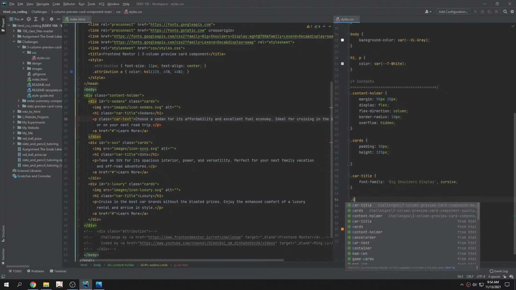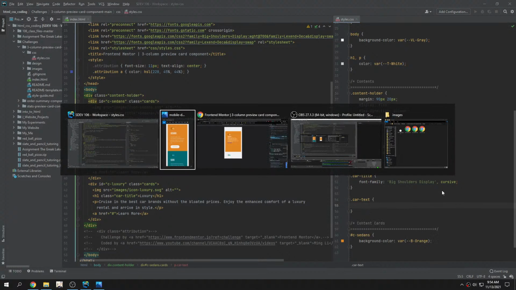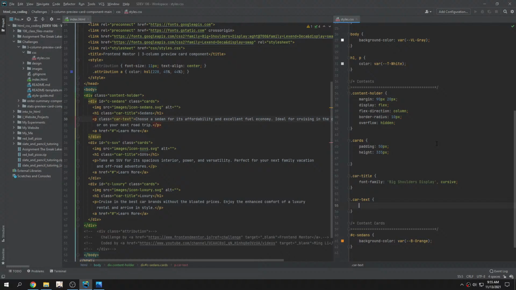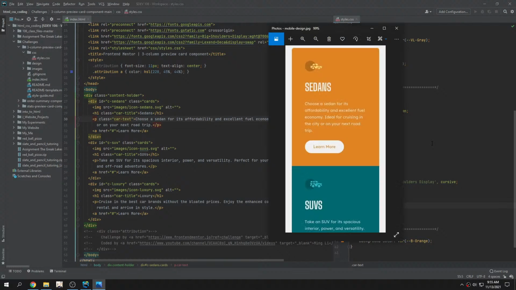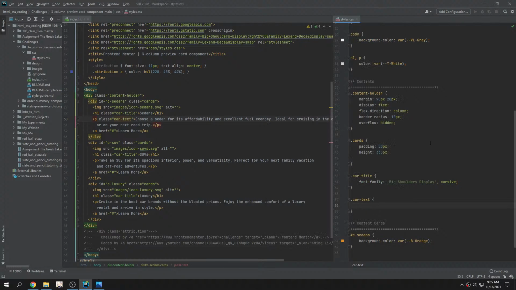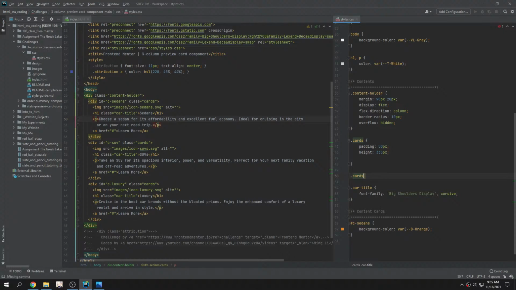And then for context, it is going to be. Oh wait, no. It's going to be within each card. So we don't need to add the class because each of the divs itself has the same thing. So we can do cards, and then